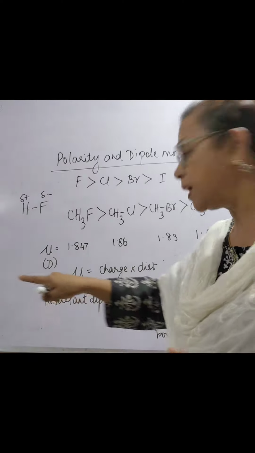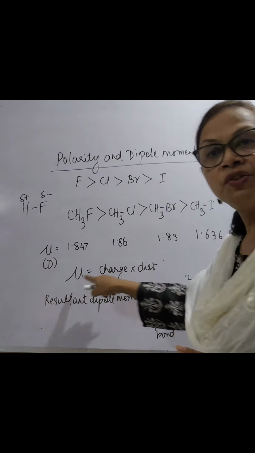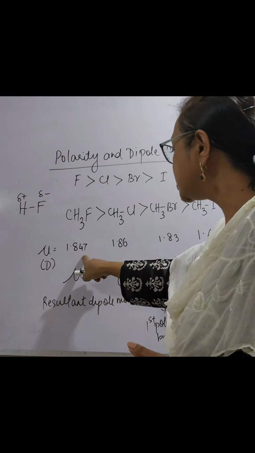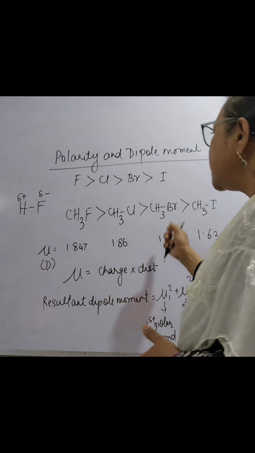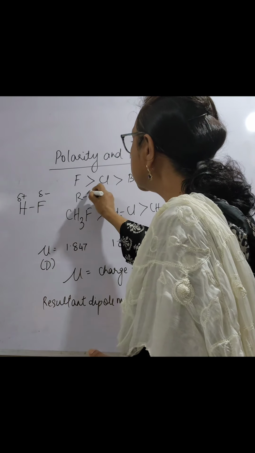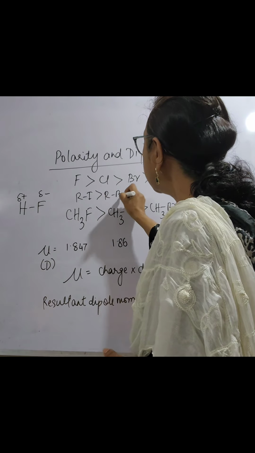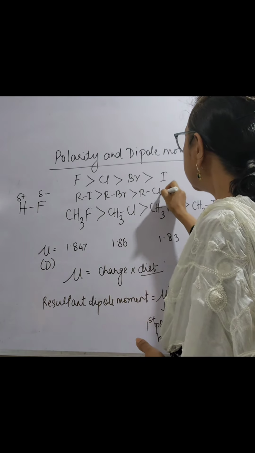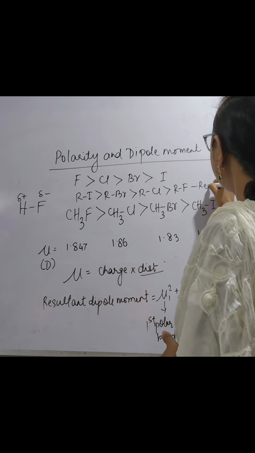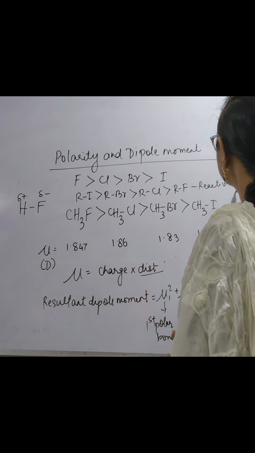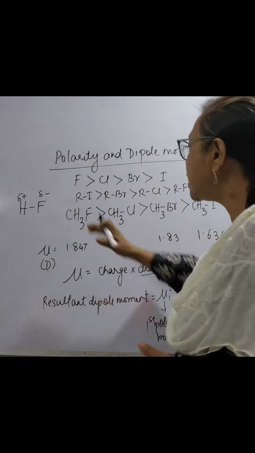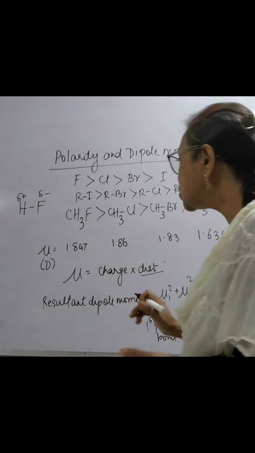What is dipole moment, by the way? Dipole moment is a measure of charge and the internuclear distance. So in this case, maybe then we can talk about the distance, where R(I) distance is more compared to R(Br), compared to R(Cl), compared to R(F). So this is the reason, because the C-I bond is the longest bond, so the distance R(I) is the longest. Fluorine is most electronegative.